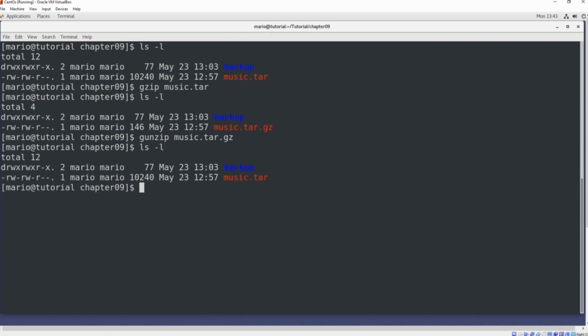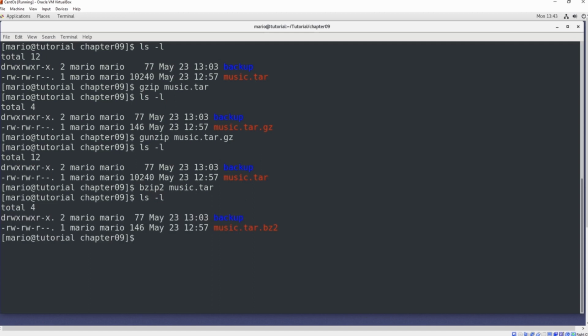Very good. Now we'll compress using bzip2. This method has an even better compression ratio. The files will be even smaller. Now to compress our music.tar file, we'll simply type in bzip2 space music.tar and hit enter. Very good. To uncompress the file, we'll simply type in bunzip2 space music.asterisk or hit tab for completion and hit